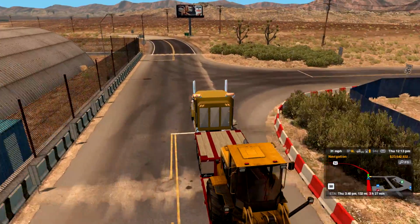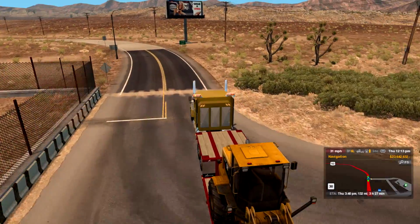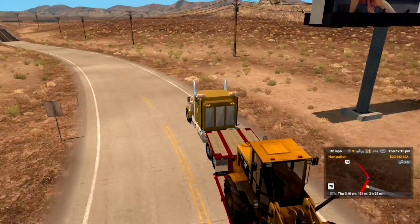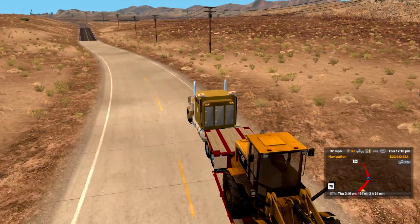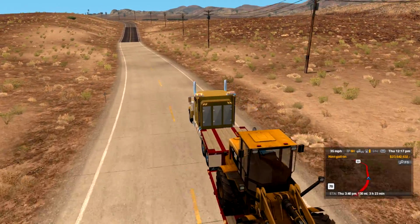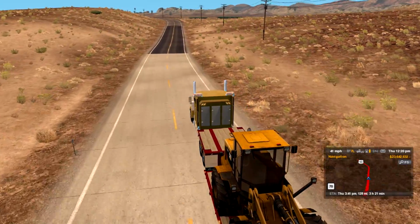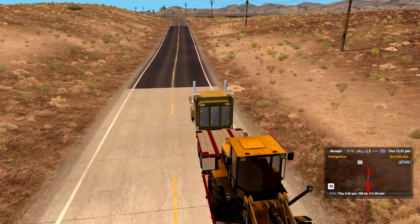I'm pretty sure it's going to be another mod that's causing that. I've seen it on other trucks where I selected chrome for around the gauges, and they showed up pink in the store or in the shop, but when I got into game, they were actually chrome. So